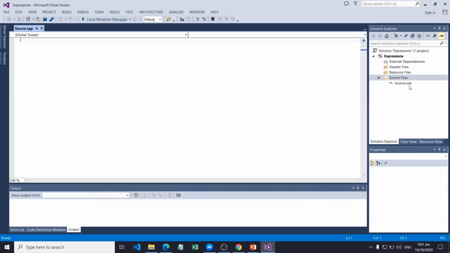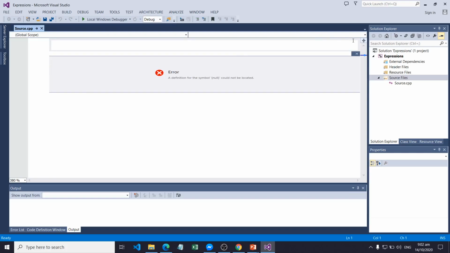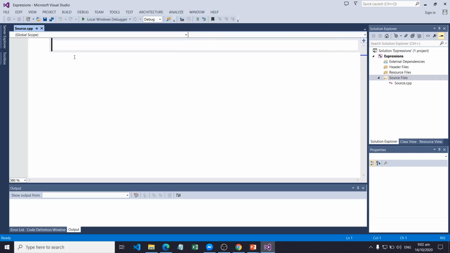So the file will be created under the source files folder. So here, we will zoom in for you to view. Okay, now we will be